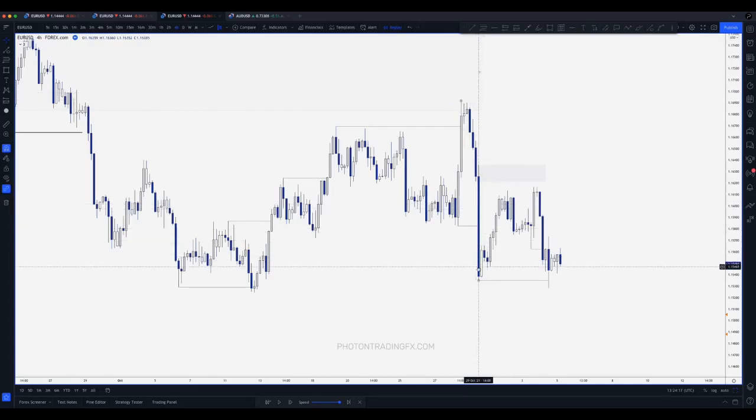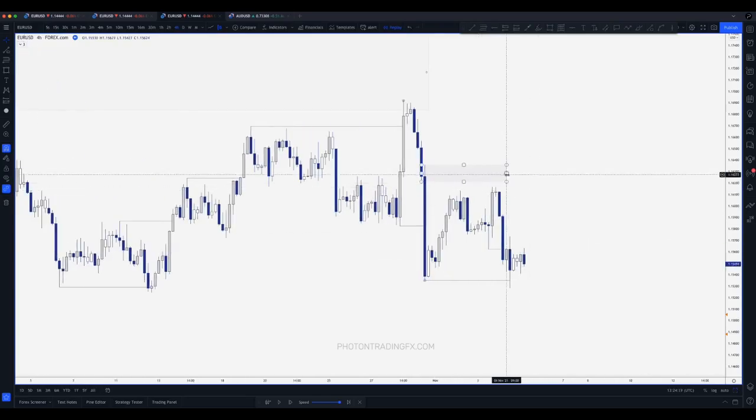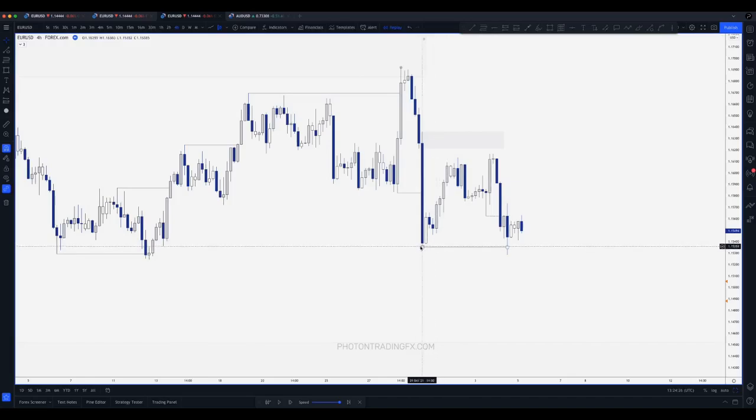The 4-hour has now switched bearish. The 4-hour has had a pullback. It didn't quite meet the area of supply that we were looking to get involved with, but we have had a bearish change of character to the downside. We tried to make a lower low. We failed to do so, but it's pretty likely we're still going to run this week low and this week